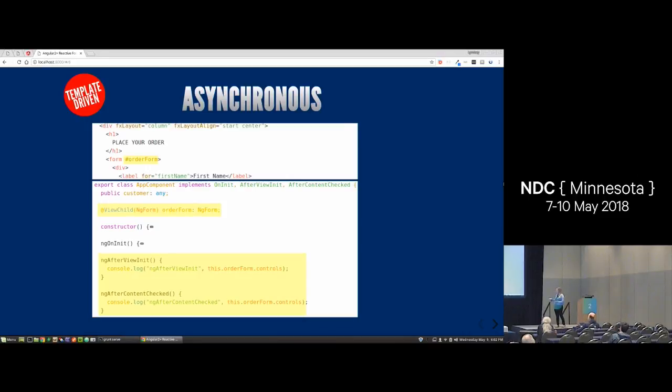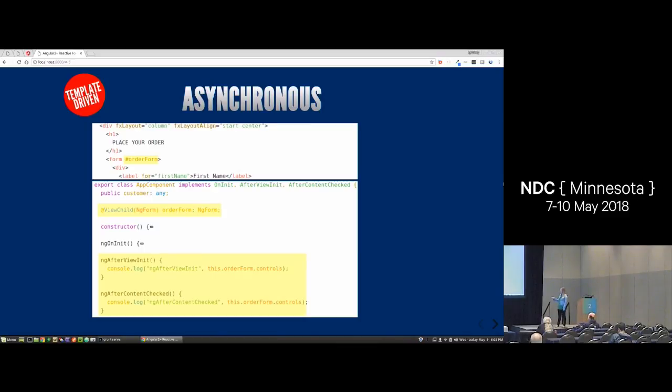this particular form in Angular, we see that this guy has this hashtag order form, and we can grab onto that with a viewChild decorator. So that allows us to reach into the HTML and get a hold of the entire form. And we can sort of observe the lifecycle events of what Angular's doing in this component by writing these little functions, ngAfterViewInit and ngAfterContentChecked. And then we put a little console log or something, and we spit out